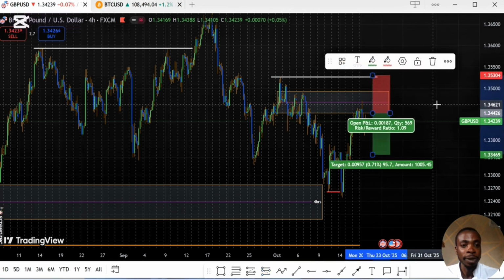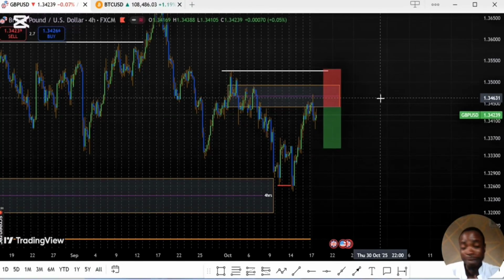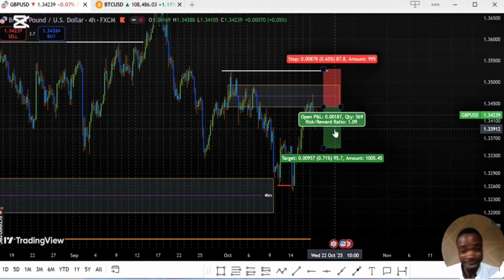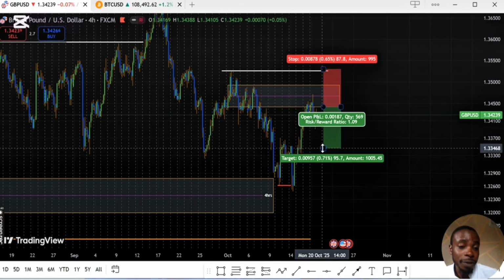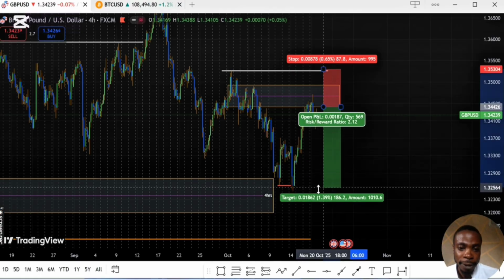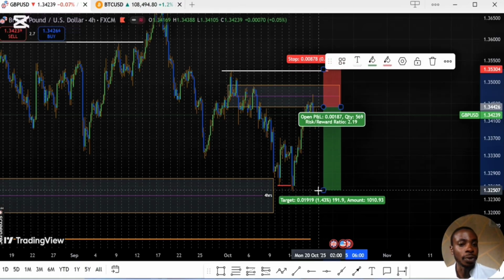But it seems this thing is being analyzed on a much higher time frame, which is 4 hours time frame. And this is GBP. It's a little bit volatile. This is 87 pips. I cannot handle it. If you check this move now, you see from there to here is just 2 to 1, 2.1, 6 to 1. 2 chicken. That's how I do it. I'm going to keep myself.